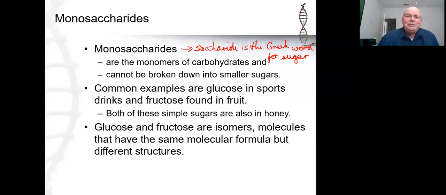Our textbook says the average person consumes about 100 pounds of sugar in America every year. I've seen numbers as high as 140 pounds. It used to be over 150 pounds per year. So we're doing a little bit better in terms of our average sugar consumption. But if you were to look at that in terms of bags of sugar that you would buy from the supermarket,